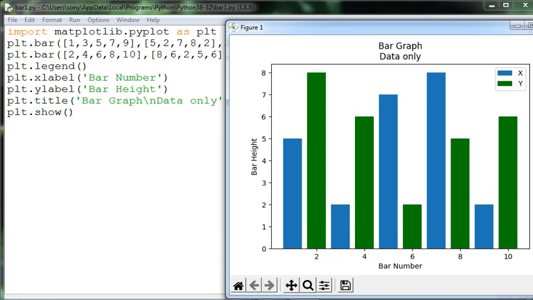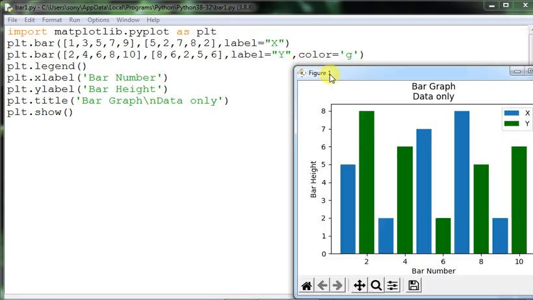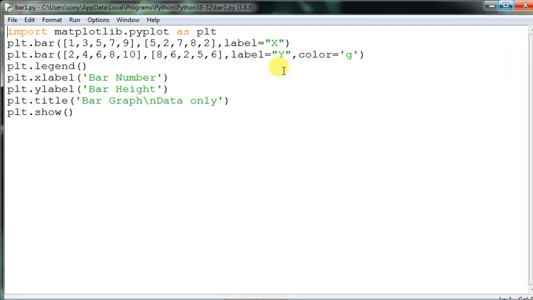So if you mention two different data series, then in this way you can draw a bar graph. This is the title, these are the y level and the x level. This is the x axis and this is the y axis. So this is the way to do a normal bar graph. That is the vertical one. Now we are coming to the horizontal bar graph. How the horizontal bar graph is to be done, we will see right now.